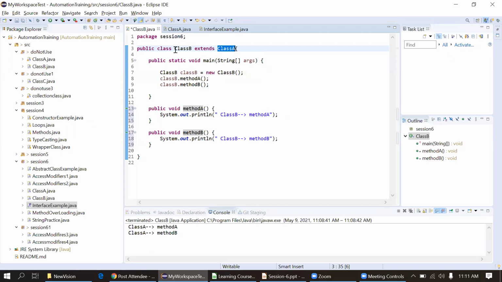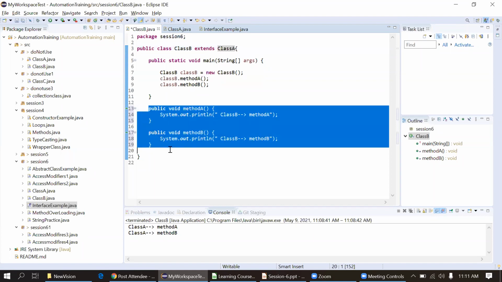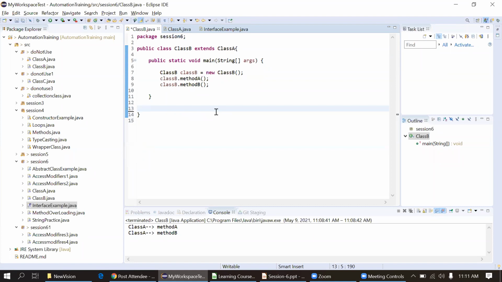Suppose you want to access the method of class A, so you can simply delete this, right? If you want to add some extra things, what is the intention of accessing the method of class A here? If you want to access the method from class A, we will simply not define the method in the current class. If you define it, then it will just call the current one.